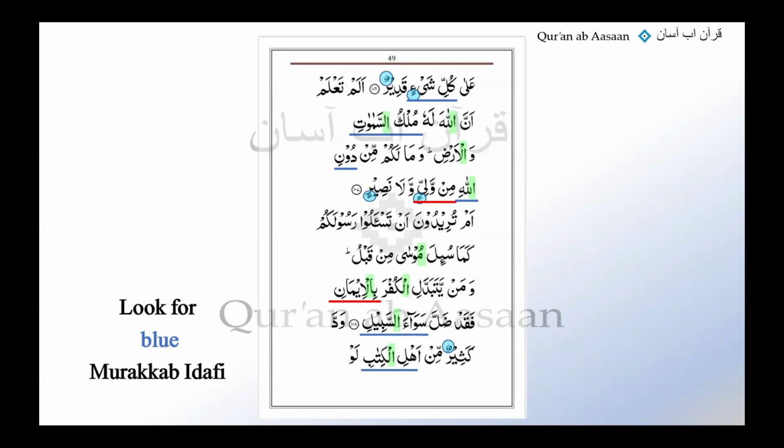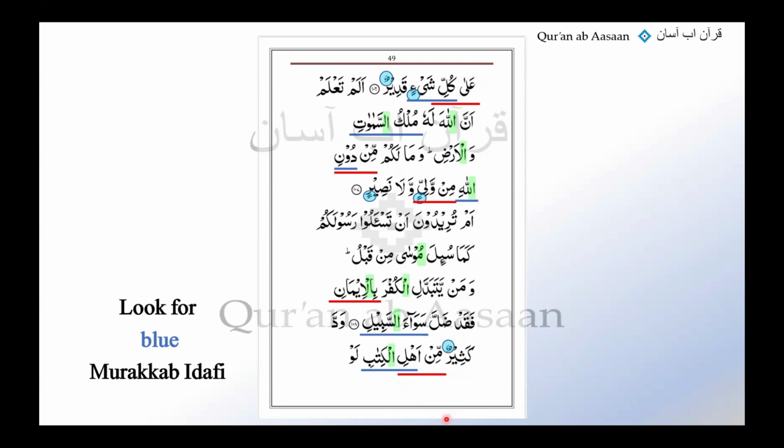Okay, 49. Yeah, the very first line, Kulli Shay'in. We look back, seeing Kulli in jar, and we see a harf jar ala Kulli, that makes it murakkabe jari. Dunillahi, another one. Min Duni, yes. Okay, excellent. So mashallah, you were able to identify not only murakkabe idafis today, but the combination of murakkabe idafi and murakkabe jari as well. So excellent, good job.